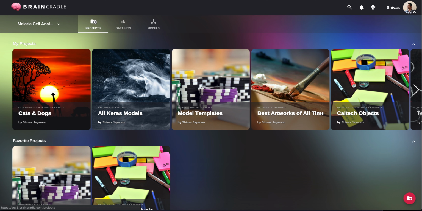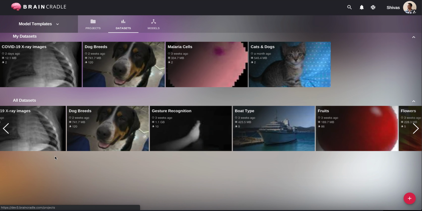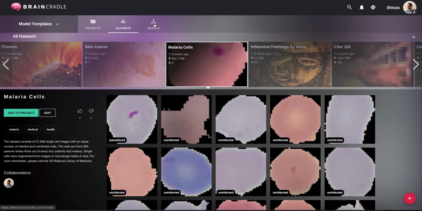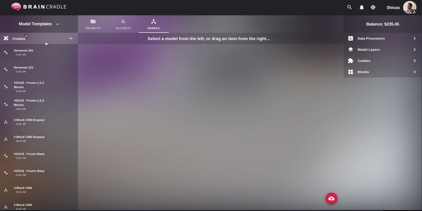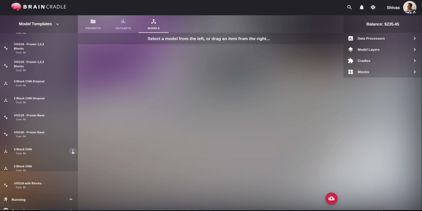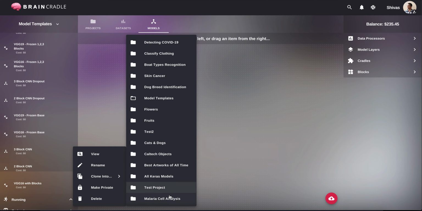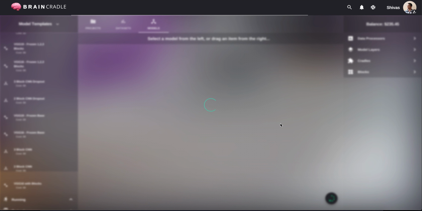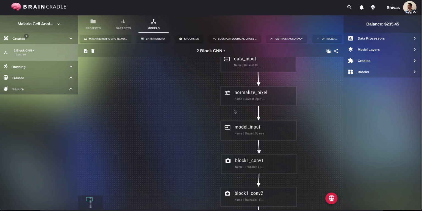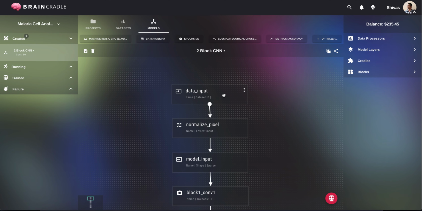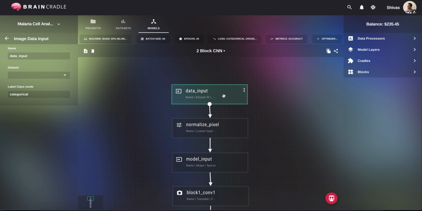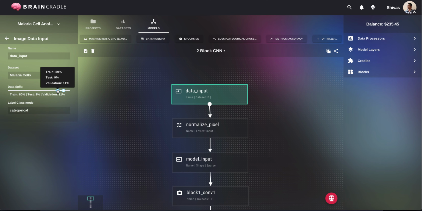So what I'm going to do is go to a template project I have with quite a few models, and all I'm going to do is clone them from this project into my malaria project. So there you go, it's cloned. And the only few changes I need to do is if I go into data input, I would need to tag it to my data set, and I'll change my split so that